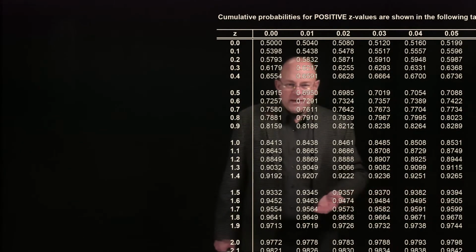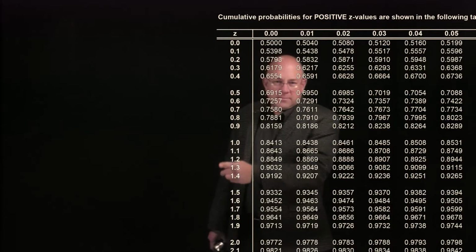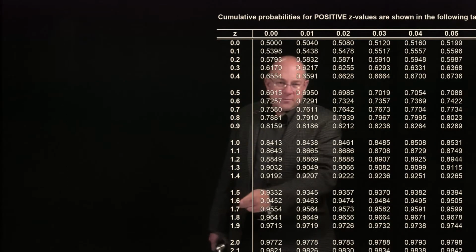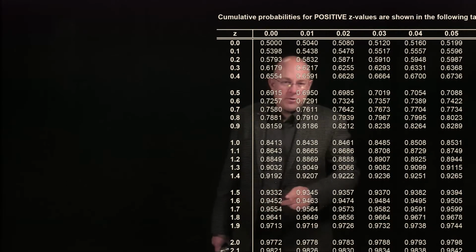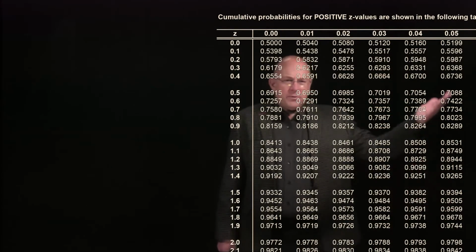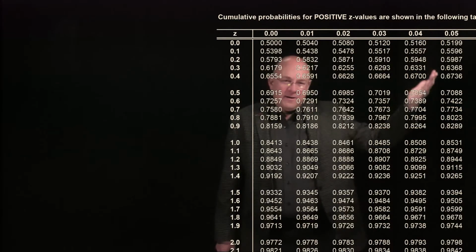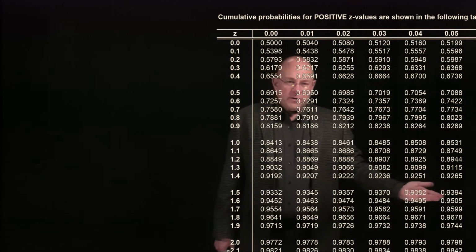The way we use the table is to simply come across. Our z-score column comes down, it's going to be 1.6. I'm going to follow across 1.60, 1.61, 1.62, 1.63, 1.64. So it's right in between 1.64 and 1.65. Technically it'd be 1.645. However, for our intents and purposes,